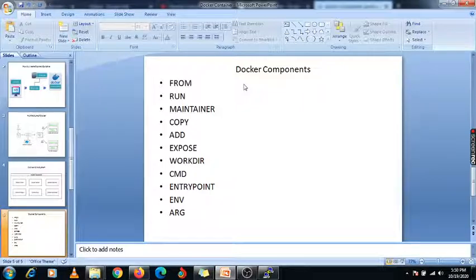Second, that is the RUN. Whatever the commands you want to run, using this RUN component you can execute that command. And MAINTAINER, it will be used to create your author, owner, or any description if you want to assign using this